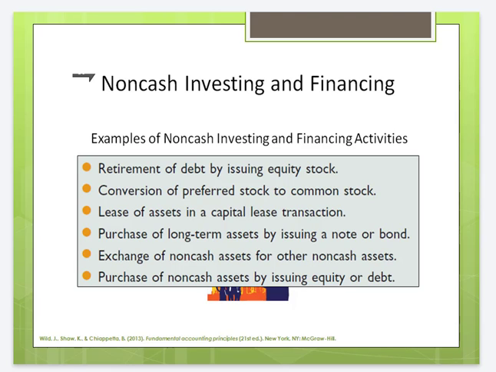activity. Retirement of debt using stock, conversion of preferred stock to common stock, lease of assets in a capital lease transaction, purchasing long-term assets with a note or a bond, or exchange of non-cash assets, purchase of non-cash assets using equity or debt. Now, again, it would need to be a significant transaction in order to be reported. But oftentimes, these types of transactions would be material from a financial reporting